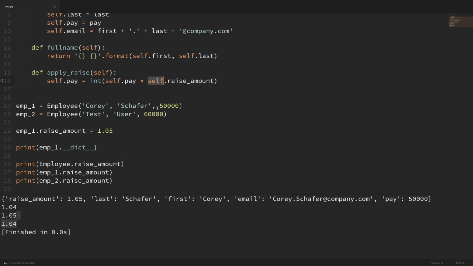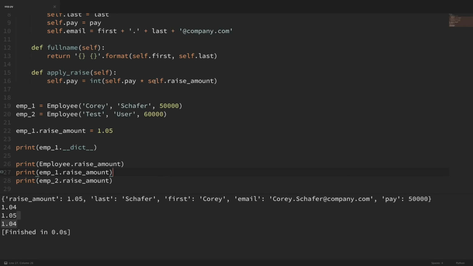If I wanted to change employee1's RaiseAmount, then when I did apply raise, it would use employee1's RaiseAmount instead of the class's RaiseAmount. Also, using self here will allow any subclass to override that constant if they wanted to. And we'll look at subclassing in a future video.